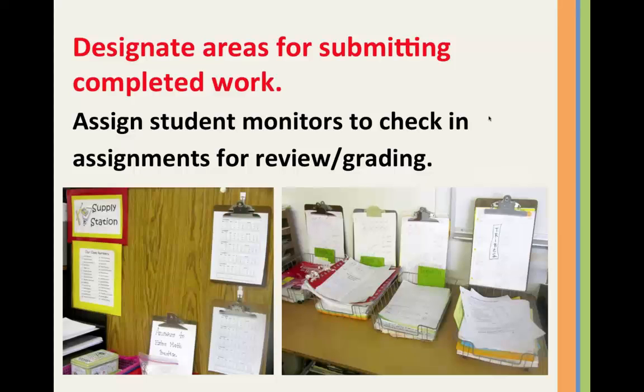That monitor has been assigned 6 to 8 students, and they make sure that that student has turned in that assignment, or they're simply asking, do you need help? And if that monitor determines from that student they need help, the monitor writes me a note. This helps me because at the end of the day now, everything I want is on a shelf, and mine happens to be right by my business center where my mailboxes are, and inside my mailboxes at the end of the day are the due-done folders and the students' contracts. So I can quickly monitor my students' work.